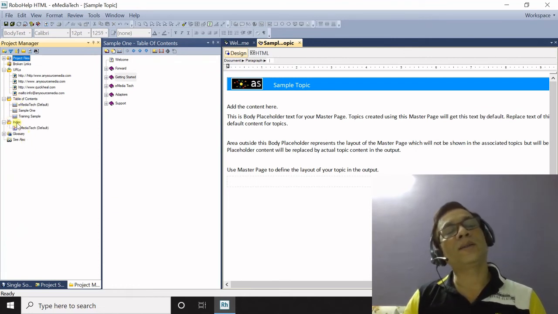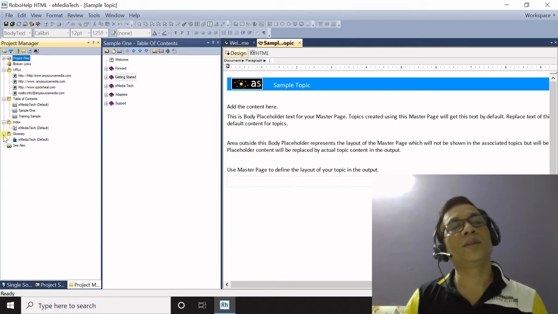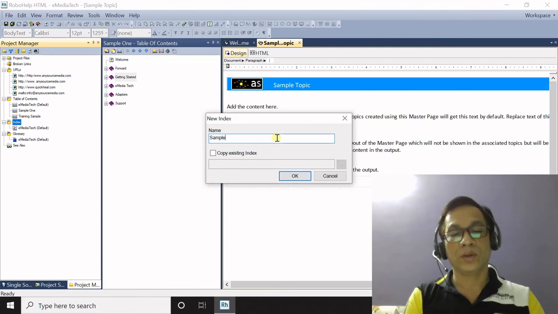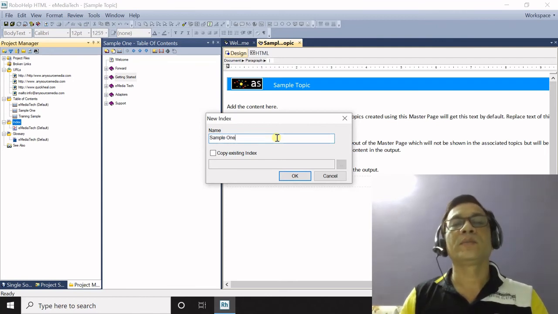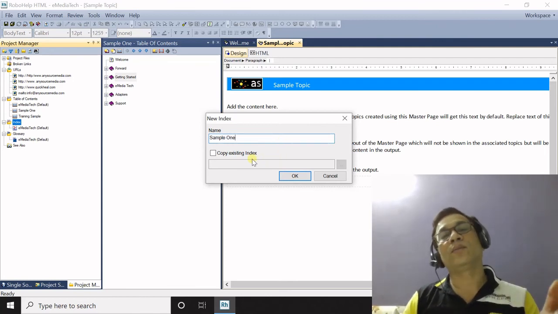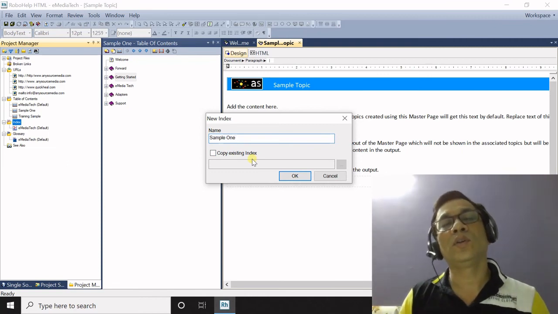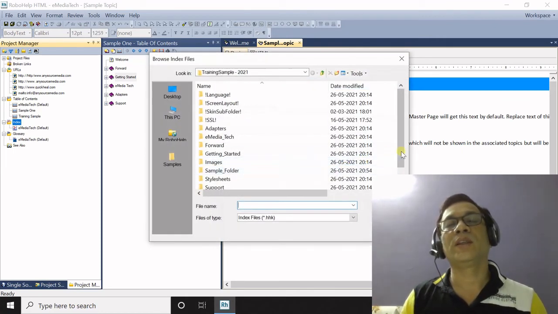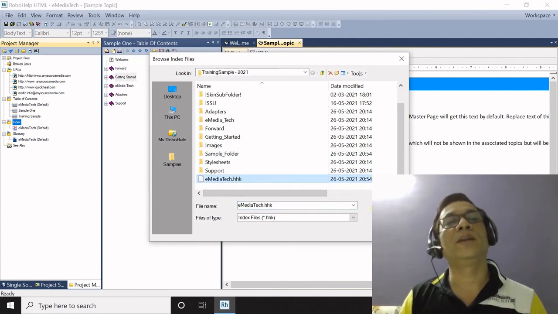You can add index and glossary in the same way. Right click here, then select new index, and then you can write the name for your index. If you have an index already ready with you, you can select this option and then you can browse by using the search button and then select the index file.